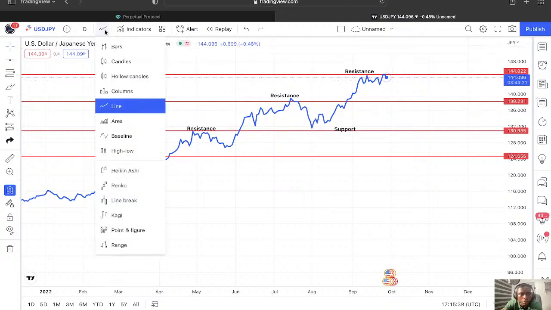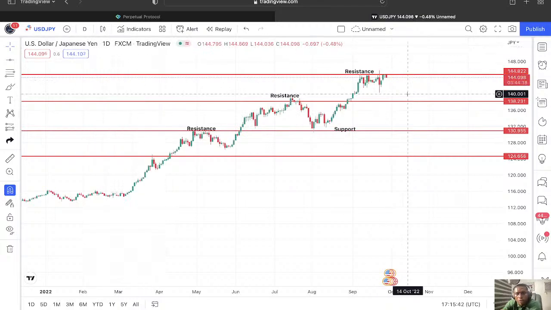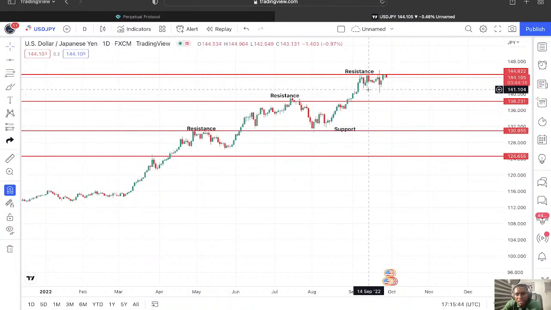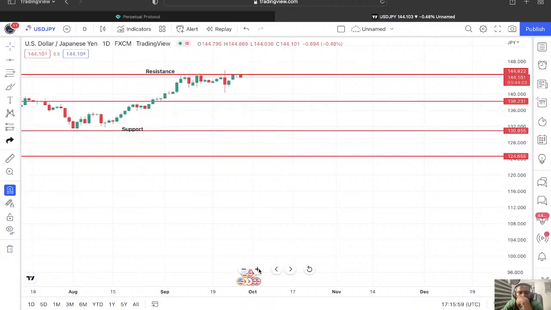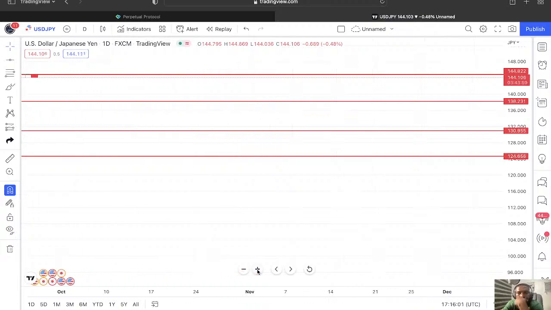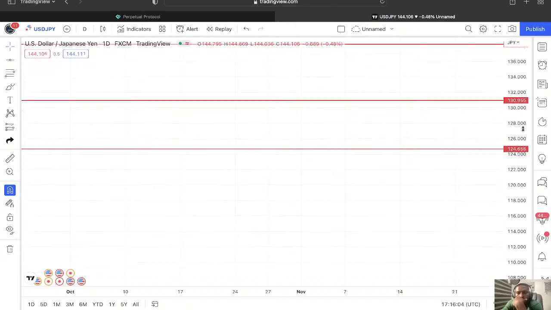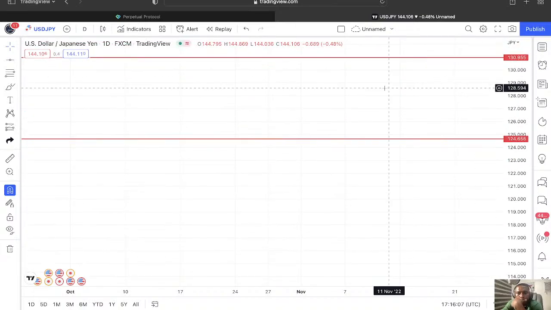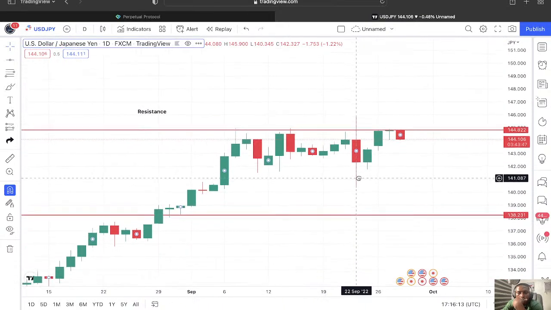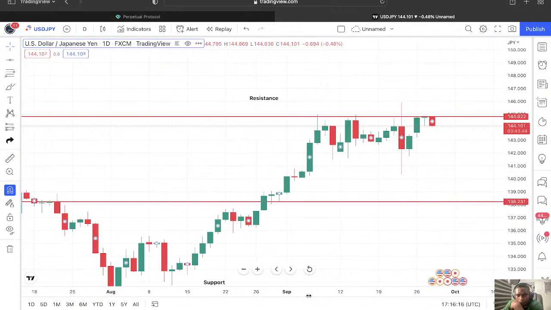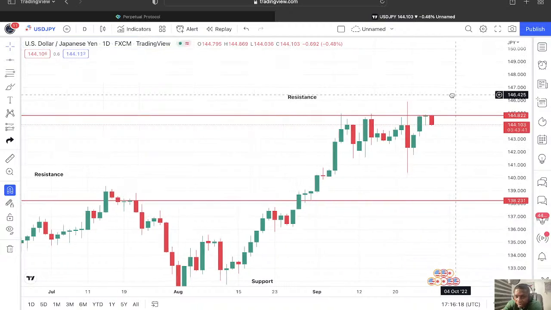Now let's take it back to the candlestick. So now we can see price is currently at the resistance zone, and has been consistently resisted for days because we are on the daily chart. So if we zoom closer, you will discover that